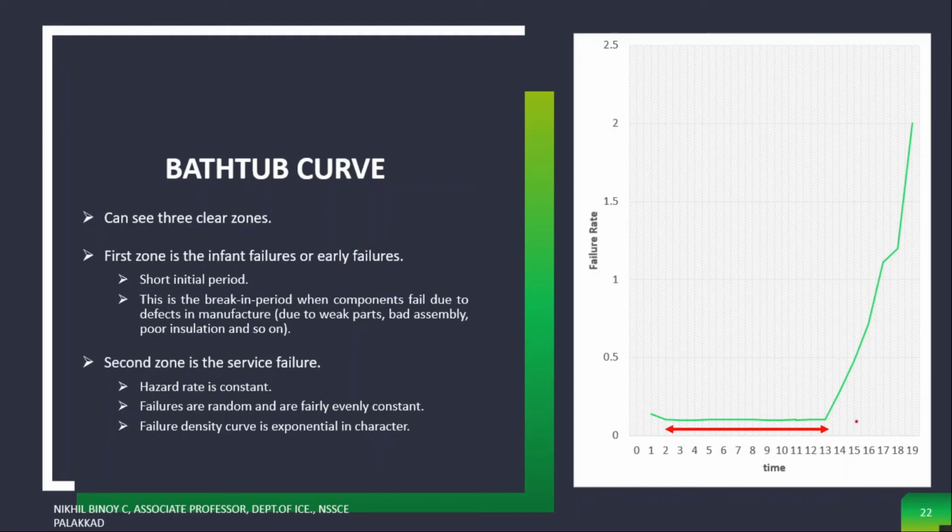Okay. So this zone length can be increased by providing regular service. If the service is not provided, then this value will increase and the length will decrease. That is why it is known as the service failure zone. So the second zone is known as the service failure zone. It has one more name. In the second module we will discuss that. So this is known as the service failure zone. Is it clear to all of you?